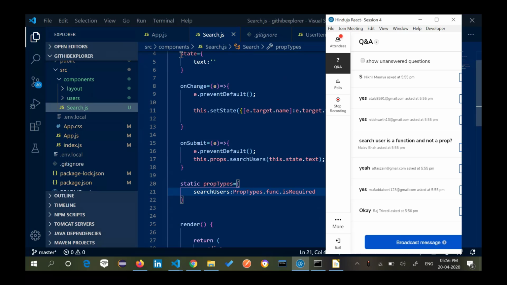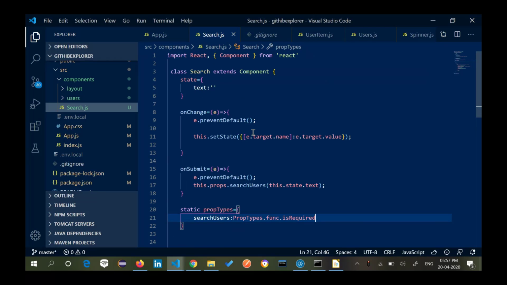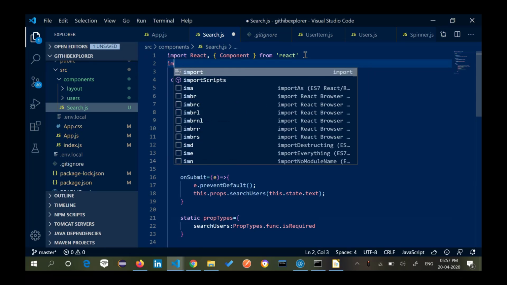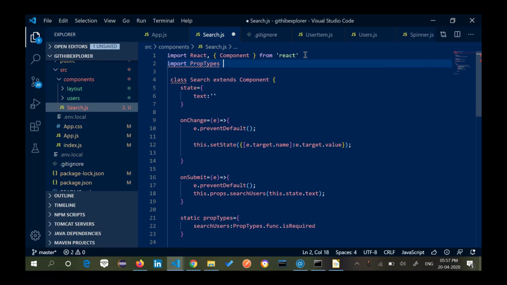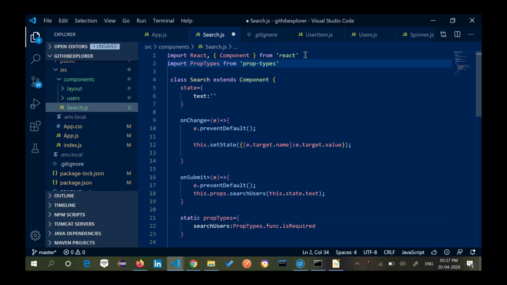Let's see what happens if I go here, PropTypes. Sorry, PropTypes was not defined. Let us define the prop types. So, import PropTypes from 'prop-types'.